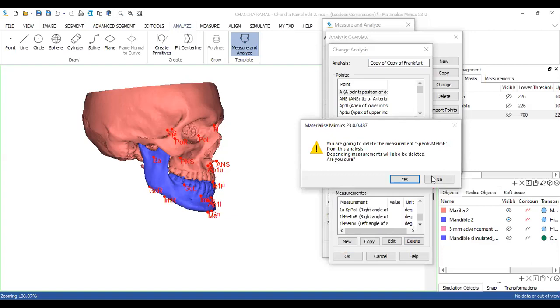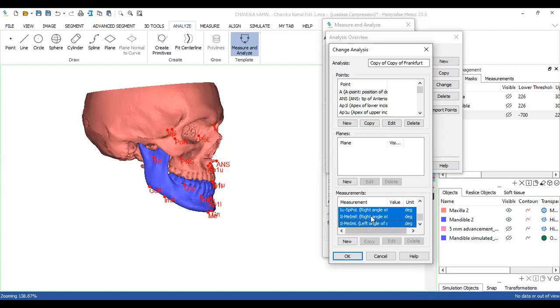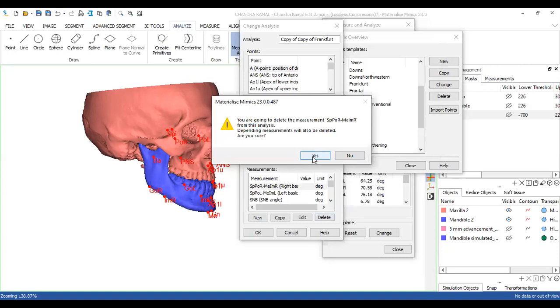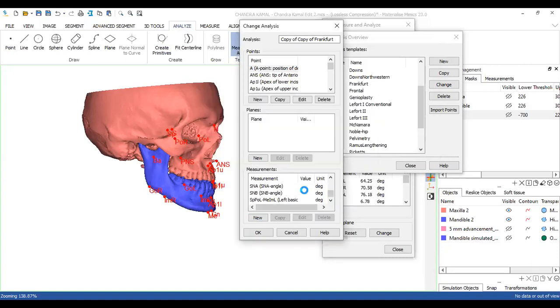I'm just deleting all these measurements that I've already taken. I'm individually deleting these.